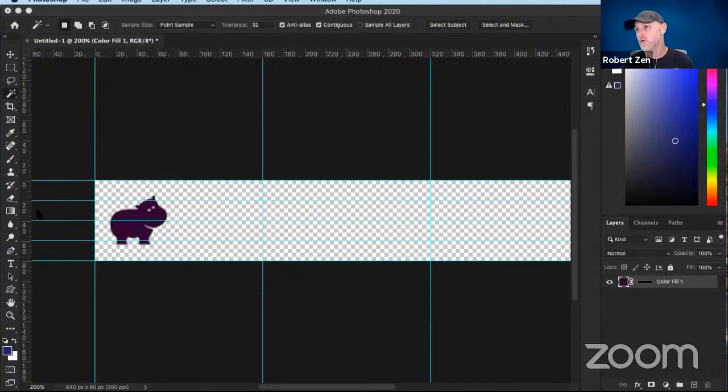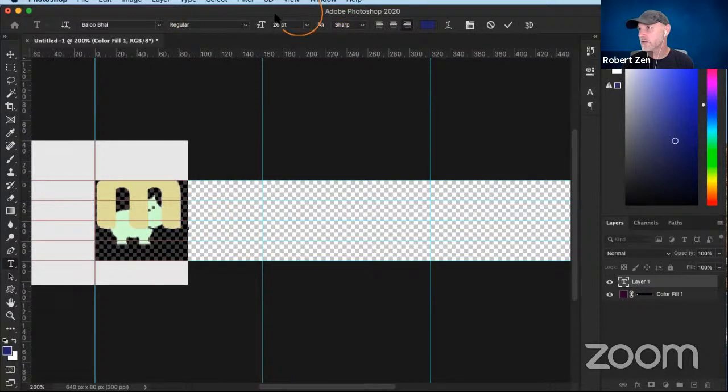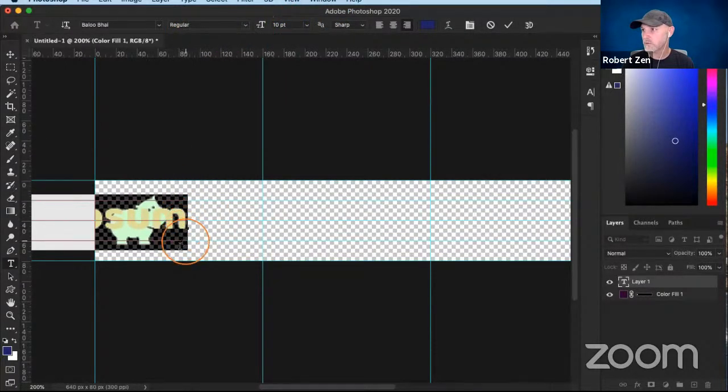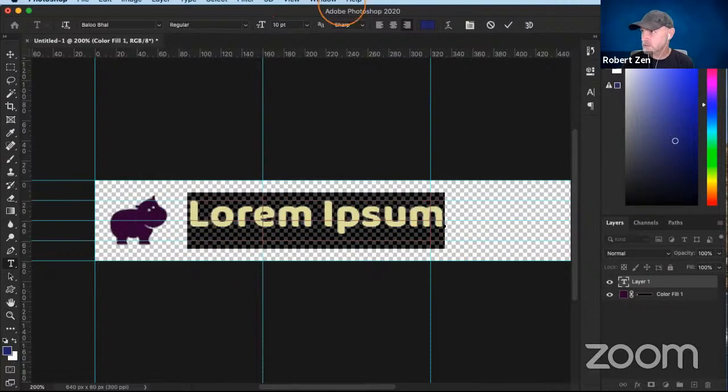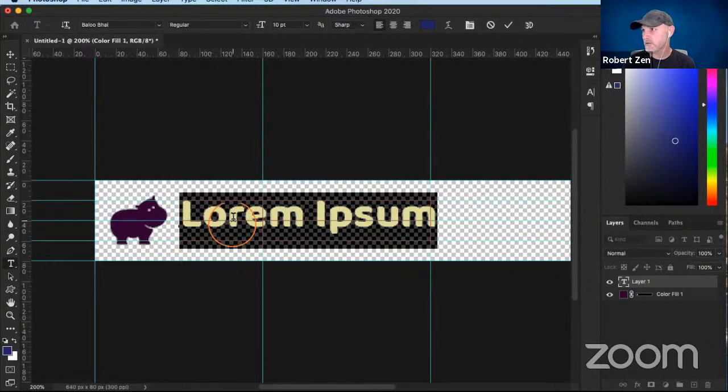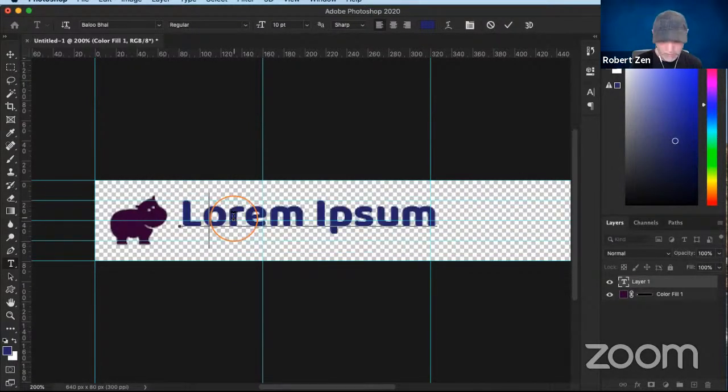All right, so we're going to go grab the text tool. I'm going to click right here. Go ahead and get the text smaller. Bring it over here. Change that alignment to left aligned this time. Get it right here, and then we'll write out our